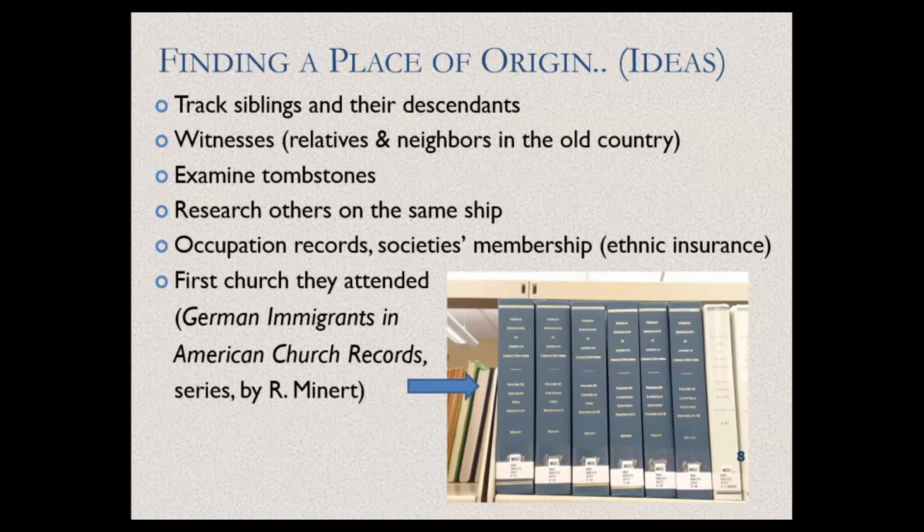So Roger Minert with his students, as he was a professor at BYU University, contacted churches, German churches in America, various churches where it was primarily German attendance. And then these books were published by states. So for example, Wisconsin, Missouri; one state can have even 5 books.